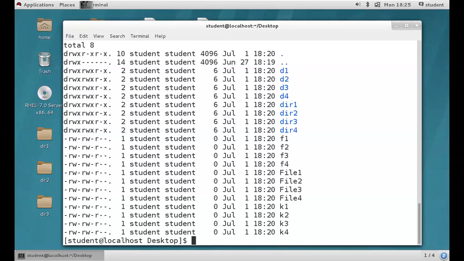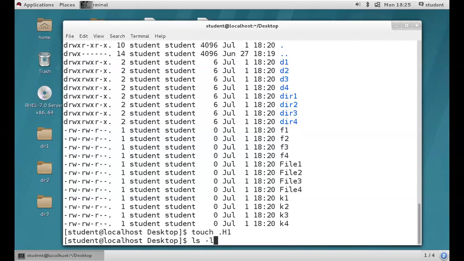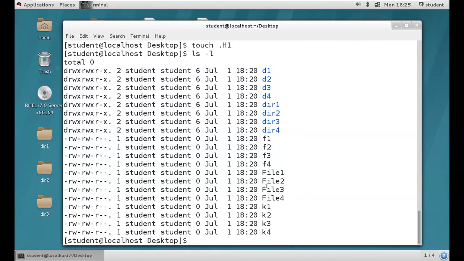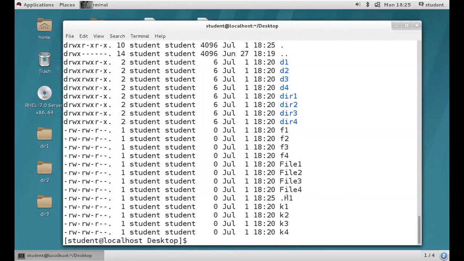So do we have hidden files, guys? There are no hidden files. So how do we create a hidden file? For example, touch is a command, and h1 is a file name. You need to keep a dot in front of the h1. If you keep the dot in front of the h1, it is going to hide. We are unable to see the hidden files if we execute the ls -l command. So what we need to do is execute ls -al. A means all, including hidden. See, the h1 file we can find.